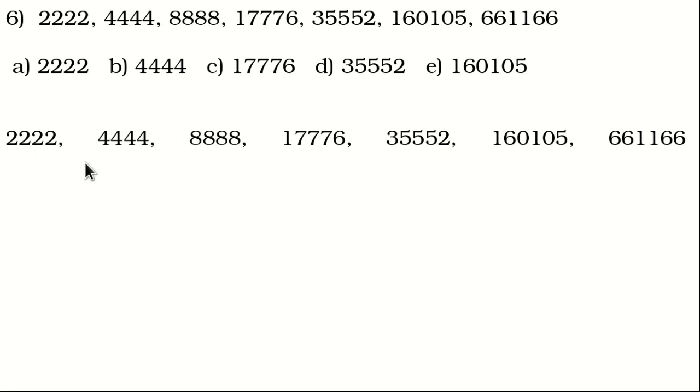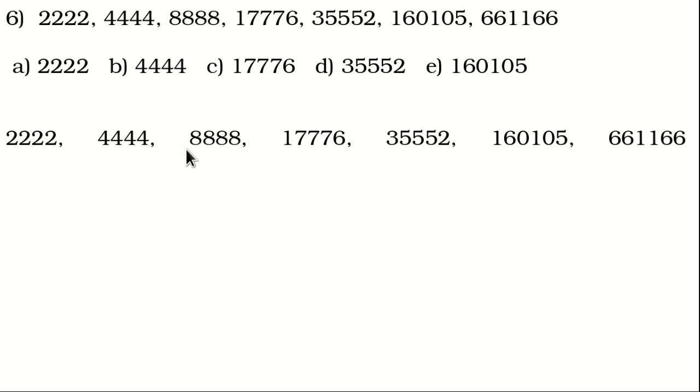Palindrome in the sense, the number which remains the same when you reverse it. 2222, which remains the same from either of the ends. The first thing which strikes your mind when you are given a question of this kind is: 2222 2 times gives you this number. 4444 multiplied by 2 gives you 8888.